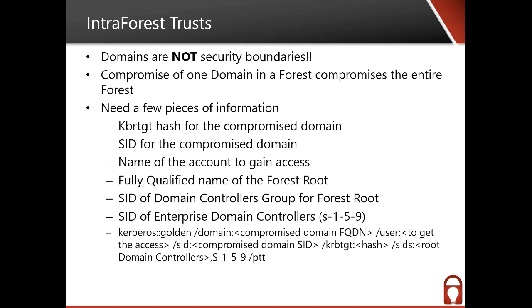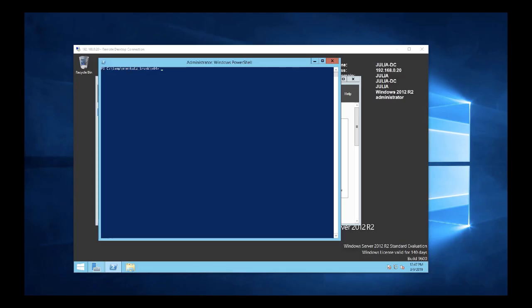And what this will do is it will give you a golden ticket for the root domain that has access everywhere. So what we're going to do now is give ourselves full access into the Caesar.pvt domain from its child, Julia.Caesar.pvt. So in this case, we're going to say that we have fully exploited the Julia domain. We're currently logged into a domain controller, even though we don't need to do that, as administrator in this case. And once again, it really just has to be any domain